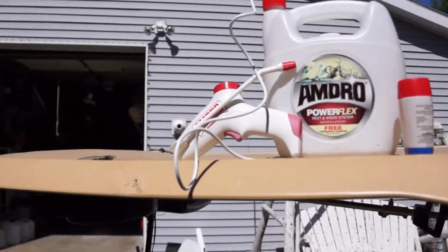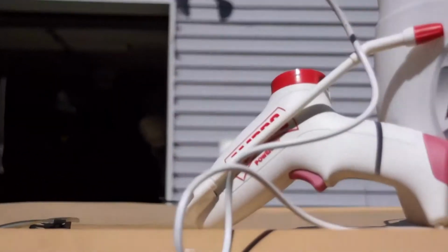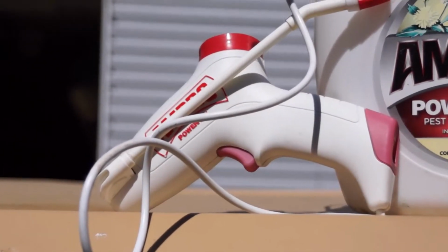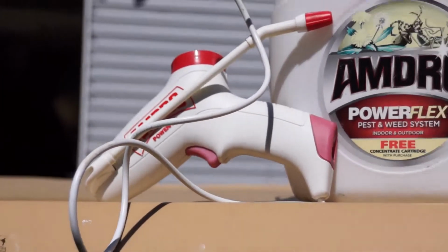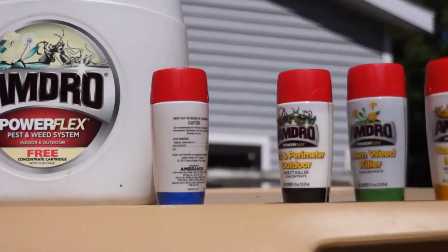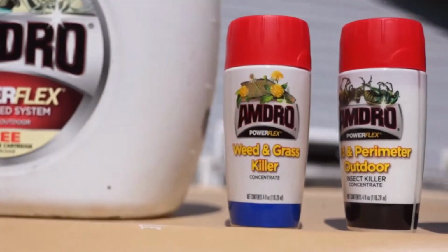It's kind of an interesting device. It's a gallon container with a sprayer attached, and the sprayer has a small motor in it powered by 4 AA batteries. And it has these individual canisters of different items: weed killer,